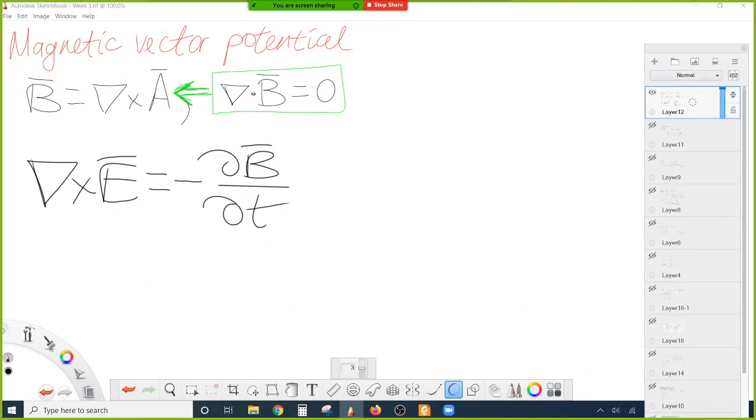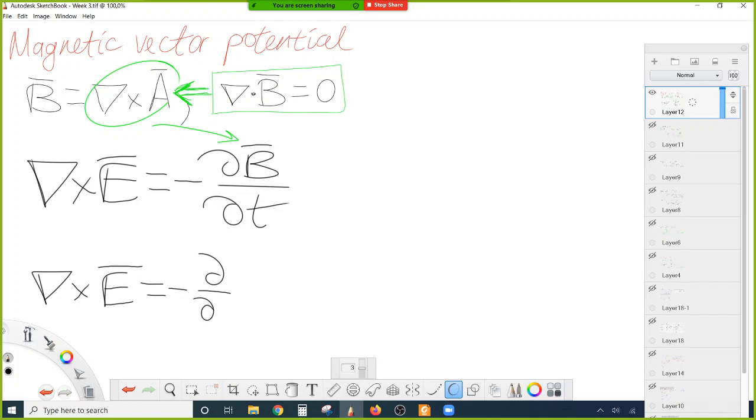Now let's put this expression into B. What do we have? The rotor of electric field intensity E will be equal to minus d/dt of the curl of A,